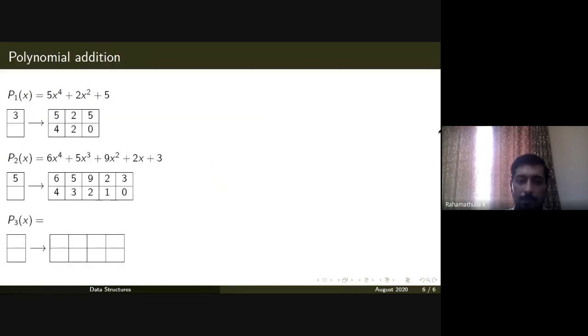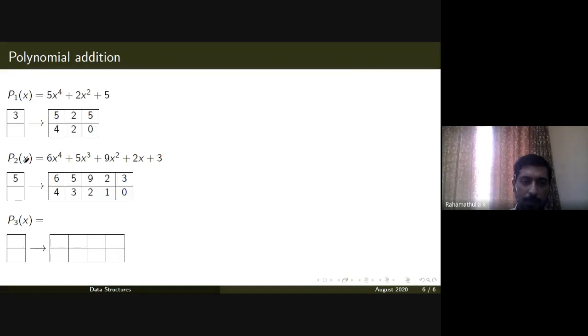Now let's think about polynomial addition. So let's say you have two polynomials, P1 and P2, both represented in your computer. P1 has three non-zero terms: 5x raised to 4 plus 2x square plus 5x raised to 0.